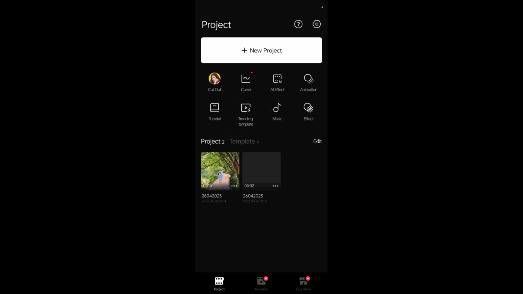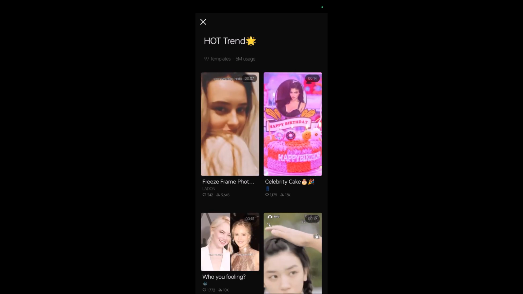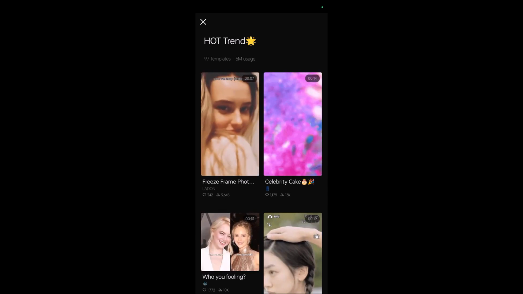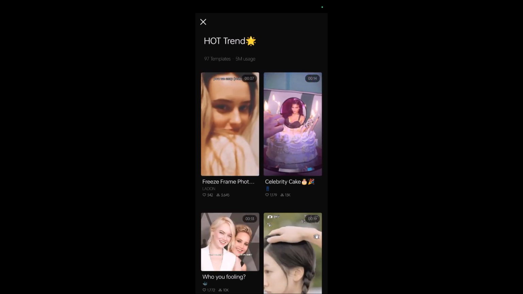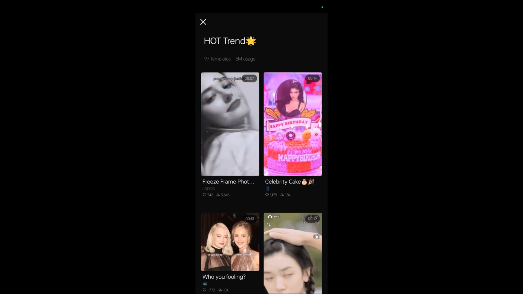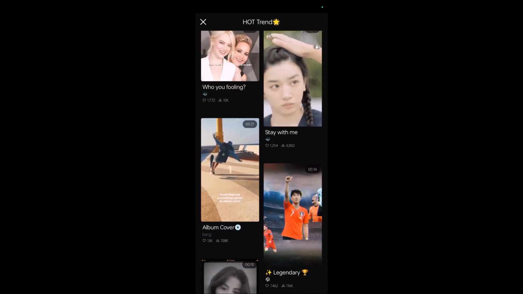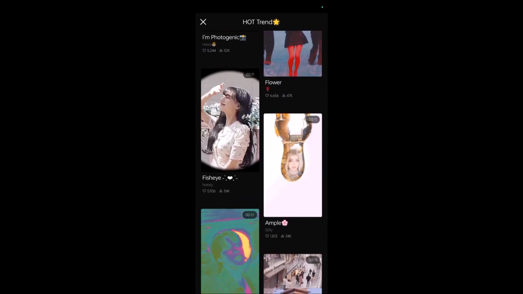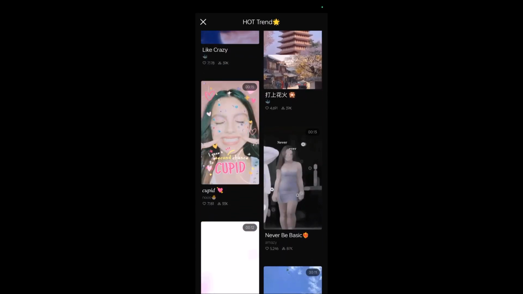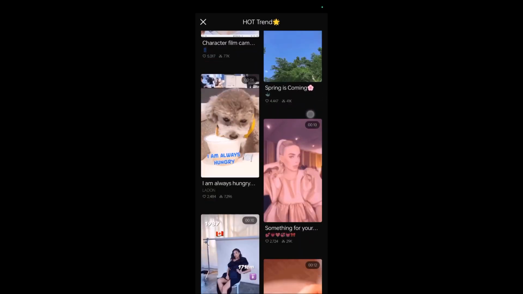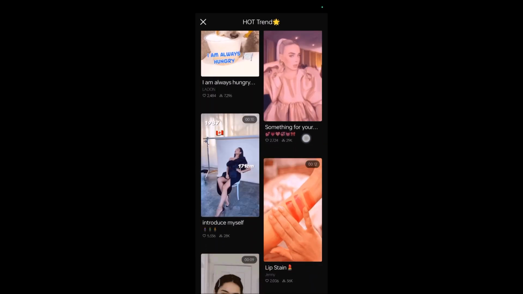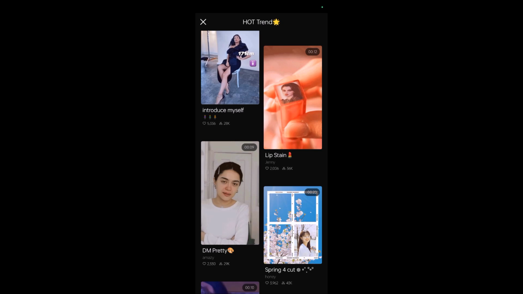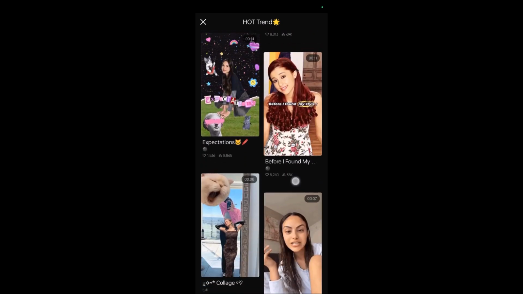So tap on the trending template, and here you can see all the trending templates which are going viral right now. And with this, using these templates, you can have your own images here. Instead of these images which are showing up here on the template, your images will be replaced. So choose a image of yourself, of your choice. See here,